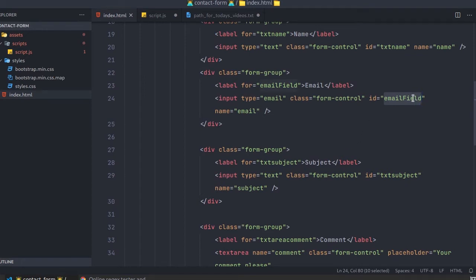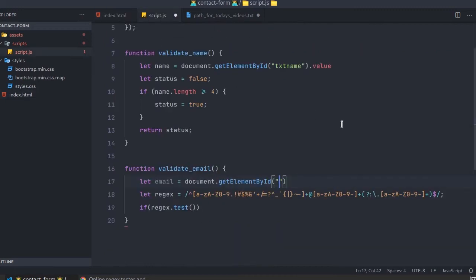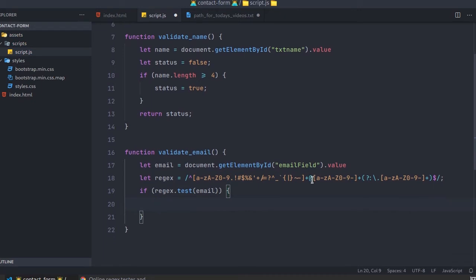In the previous session there is a typo, please correct that by referring to it. Paste it here and get the value from the field. Validate this regular expression against the data that you are fetching from your text field or email field.